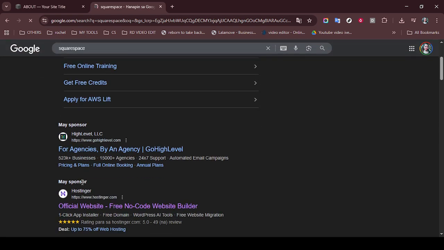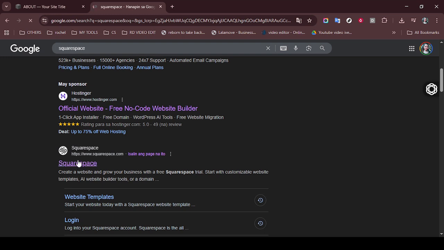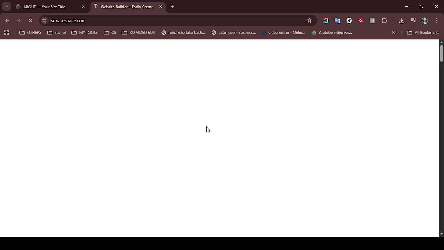Here, you'll need to enter your email address and create a password. Be sure to use an email that you have easy access to, as you may need to verify it later on in the process. Once you've successfully signed up, you'll often be given the option to choose a template for